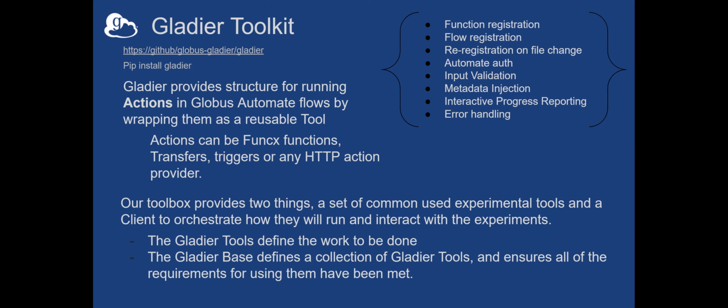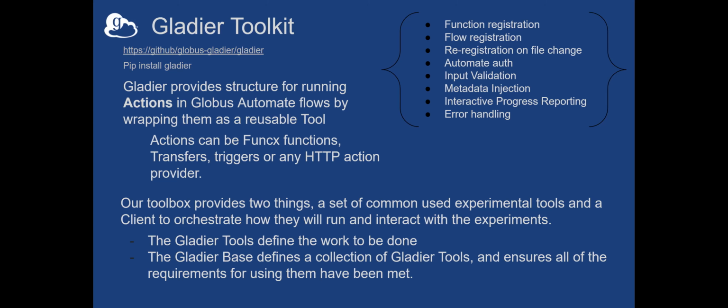We'll register the flows, like with the flow service. We'll do all the authentications for Globus for you. We'll make sure that it validates the input. We'll make sure that the metadata that comes out of your chain of events makes sense for whatever you're doing, and raise the errors through the parser errors or the funcX errors or the transfer errors in a manner that the user can